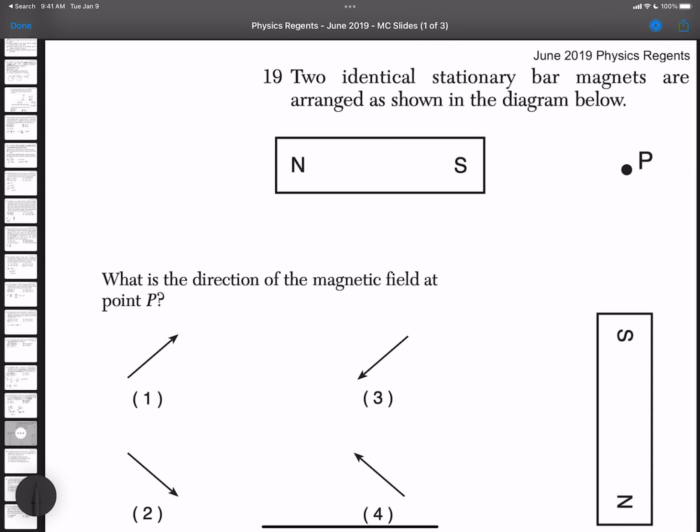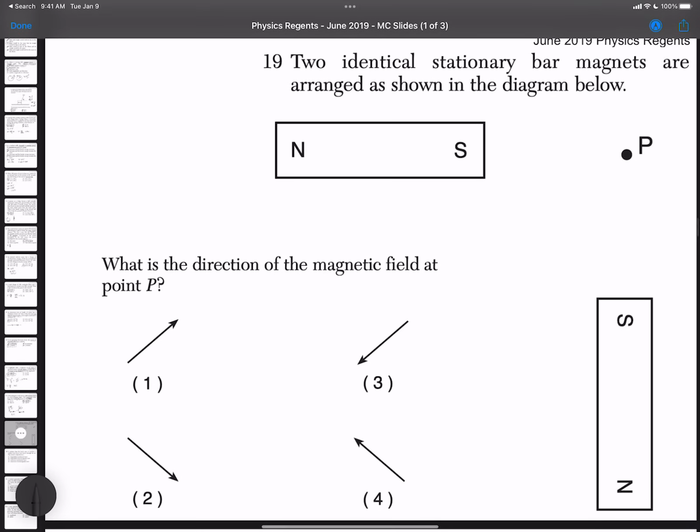All right, question number 19. Two identical stationary bar magnets are arranged as shown in the diagram below. What is the direction of the magnetic field at point P? Well, we remember that the magnetic field around a bar magnet comes out of the North Pole, loops around, and comes back into the South Pole. So if we're looking at this axis of symmetry, this line right down the middle, we'd expect the